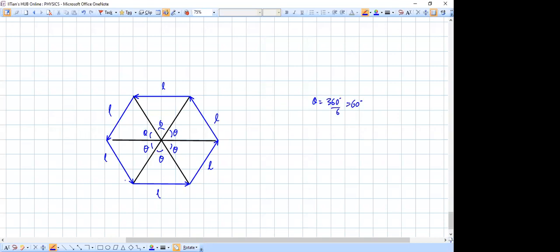And then because theta is equal, the next thing is these two sides are equal, so these two angles are equal. Suppose this angle and this angle are equal. Now 2 alpha plus theta is 180 degrees, so that shows you that alpha is also 60 degrees. Now it shows you that each of these is actually an equilateral triangle. So if they're equilateral triangles, you can see that these are all 60-degree angles.